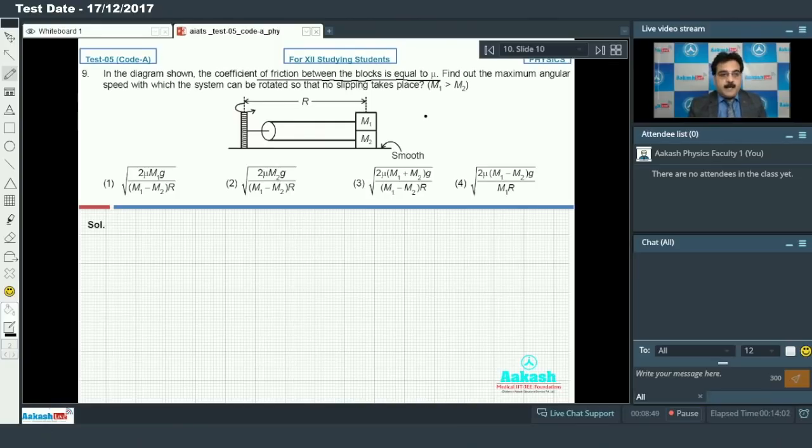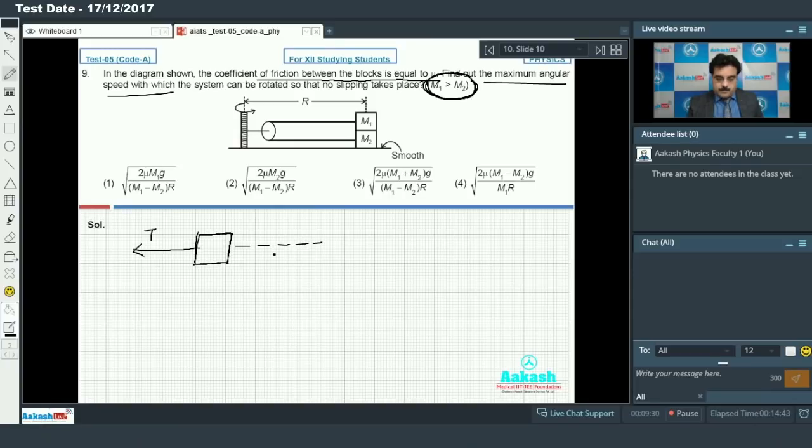Find out the maximum angular speed with which the system can be rotated so that no slipping takes place. And you have to be very careful, m1 is greater than m2. So if I go for the free body diagram, first I am going to concentrate on m1 because m1 is greater than m2. So we'll see tension T on the left hand side as per the given diagram, and because